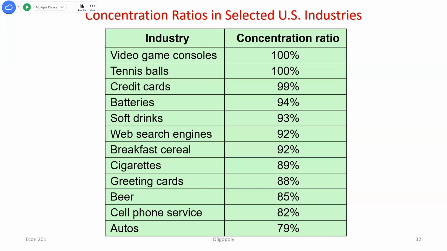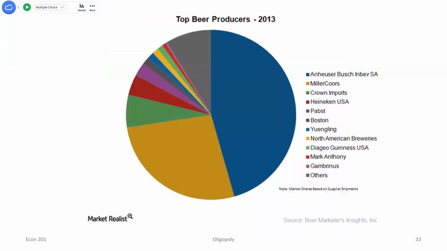So that was kind of interesting. Some of these other ones maybe aren't as interesting. Search engines, that would make sense that it's really high. And then as you move further down, even automobiles, right? We've got 4 or 5 major players, right? So all of these markets we're thinking about are pretty heavily concentrated. And the government probably watches the actions of these companies a little bit closer to make sure that they're not exhibiting too much of this monopoly power, or at least the government should be doing that. I'm somewhat pessimistic, but